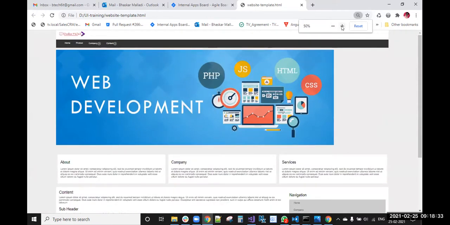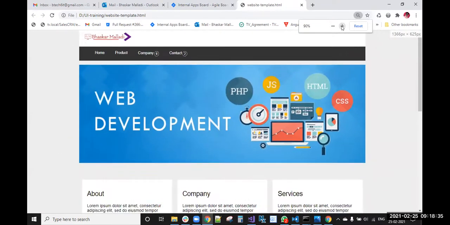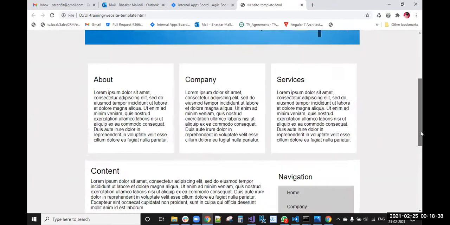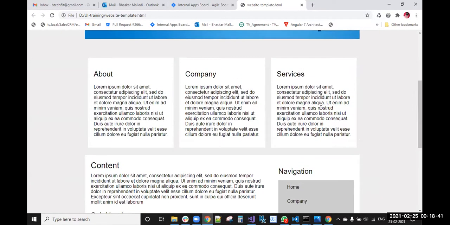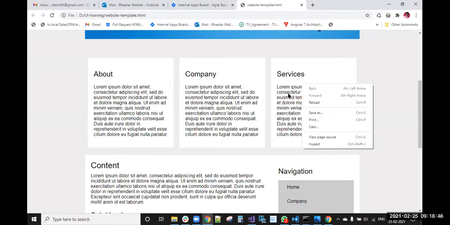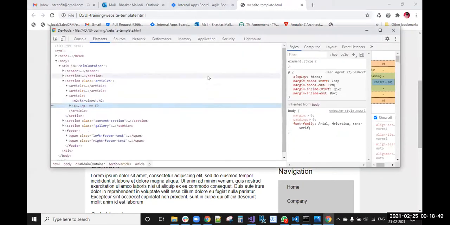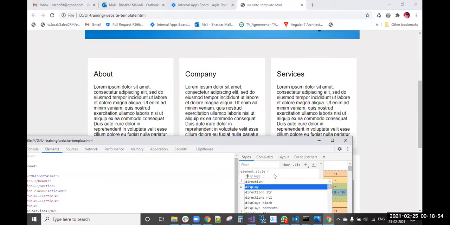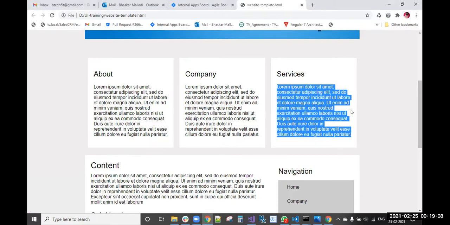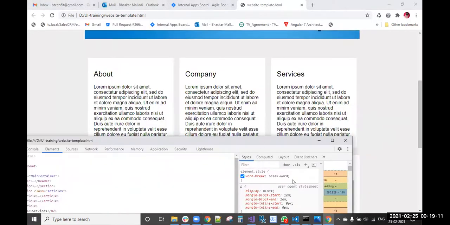Yesterday someone mentioned you can use word-wrap: break-word. If the text is coming outside, but for me it is not coming outside, right? You can see the text. For you, if it is coming outside, then you can use word-wrap break-word. Okay. For any paragraph coming outside of any article or div, you can use word-wrap, otherwise word-break: break-word. You can see that. Then the text will not move outside if you apply word-break.